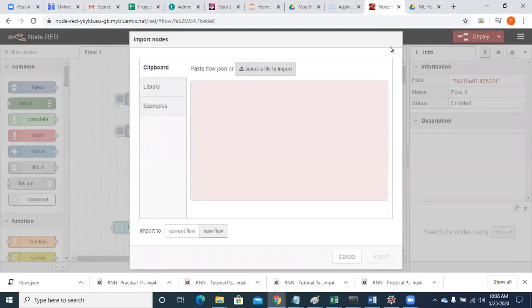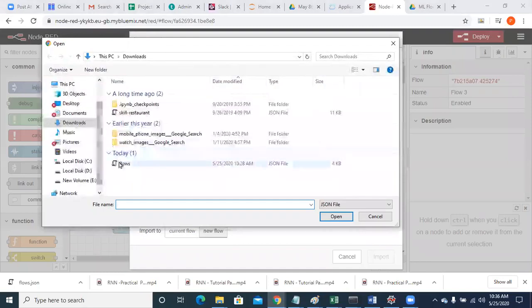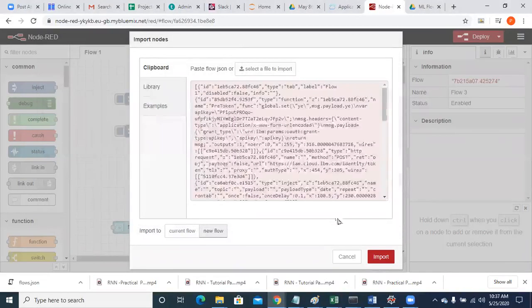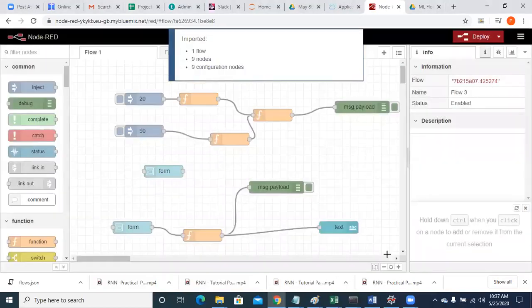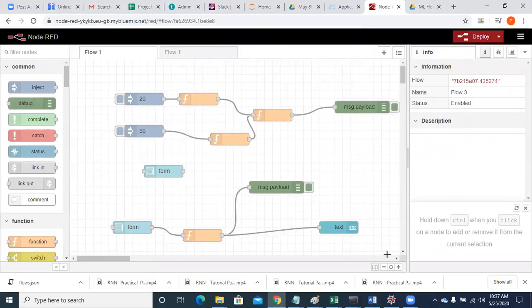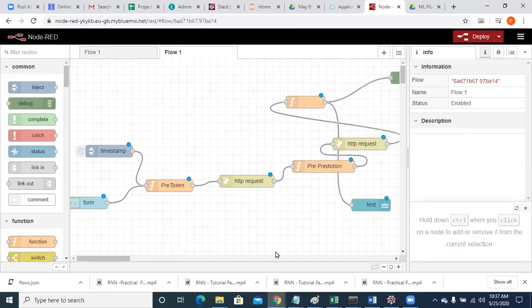Done, guys? Should I tell you again? No, right? Okay. Now click on import. If you see towards the right, another flow is created. Have you seen this?